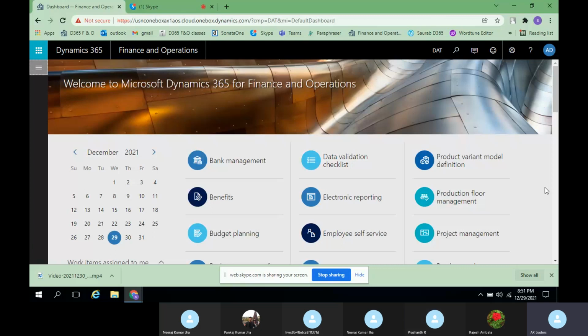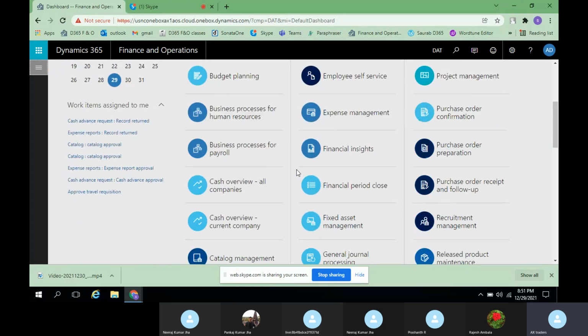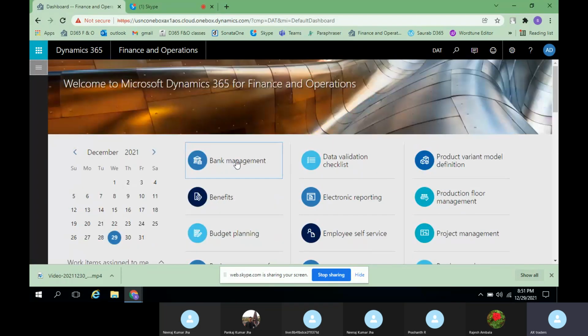All right. So the moment you open the D365 software, in the home page you can see these options like bank management. These are default workspaces. We'll call these boxes tiles, and these are generally called workspaces in D365. In common language, you can call it a dashboard.